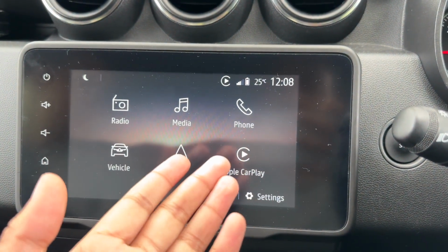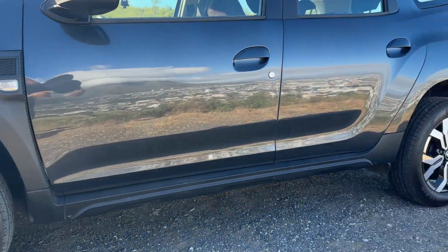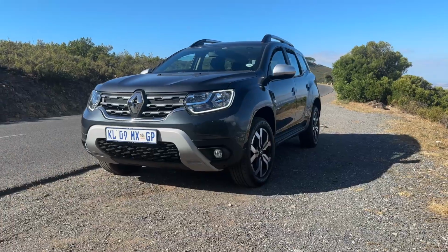I also like how the tablet, or infotainment system, the screen display is directed at the driver's position and not at the center or the middle of the vehicle. So that's something cool. And I also like the classic Renault finishing of the Econ. The next thing, I think it's number 6, is that apart from this spacious cabin,